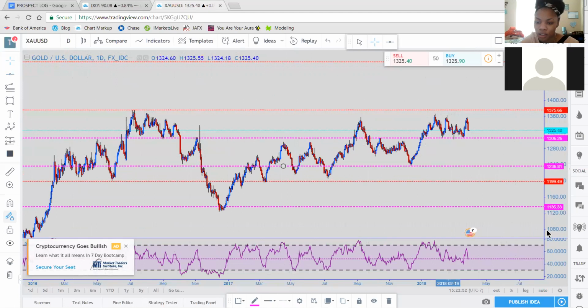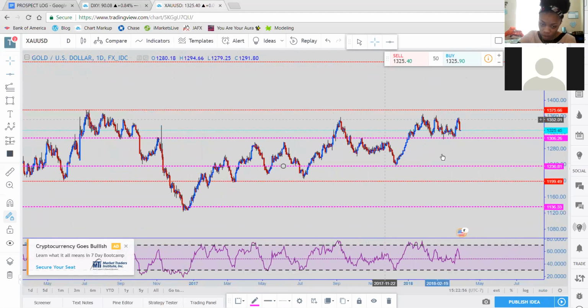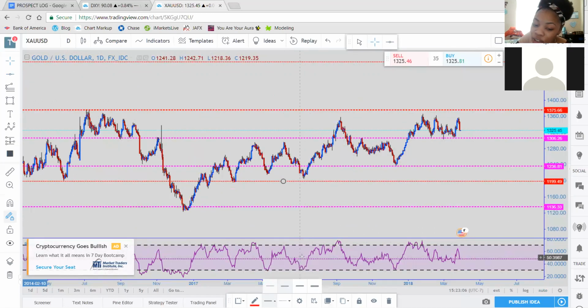So, let's see here. I have the pink zones as daily zones. The red ones are weekly, like I was saying earlier. I don't trade gold, so I'm just going to use my strategy with gold. Gold has burned me a couple times, so that's why I hate gold. But it's fine. Basically, after I mark up my zones,